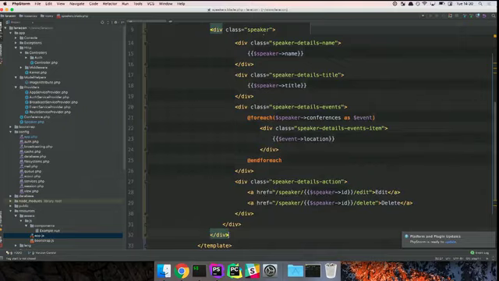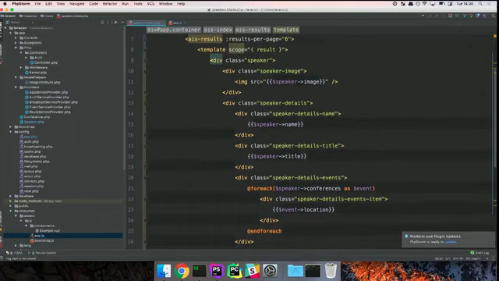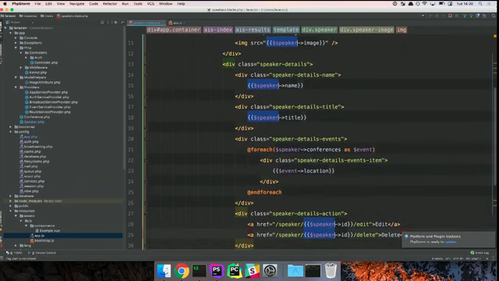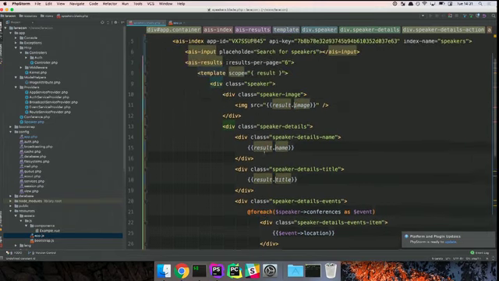Inside this template, I'm just going to copy that. And what I want right now is to remove all the Blade templating and put a Vue templating instead. So I'm going to replace that. It's not speakers anymore, it's results. The arrow syntax is not valid in JavaScript, so I replace it with a dot.